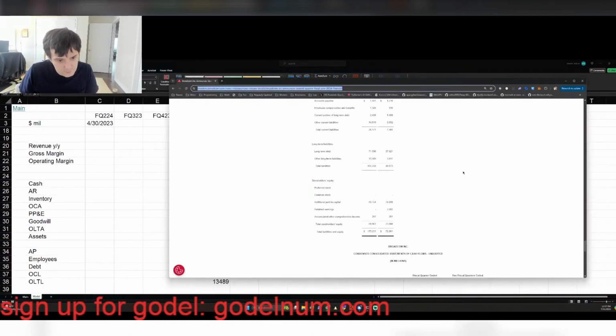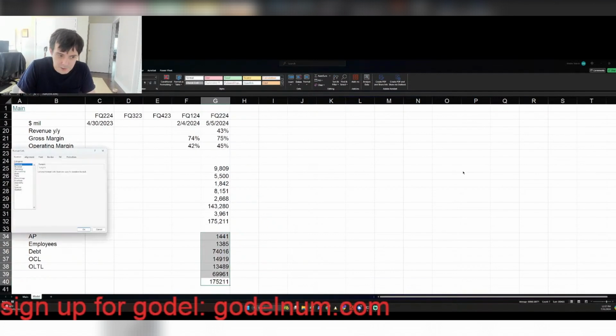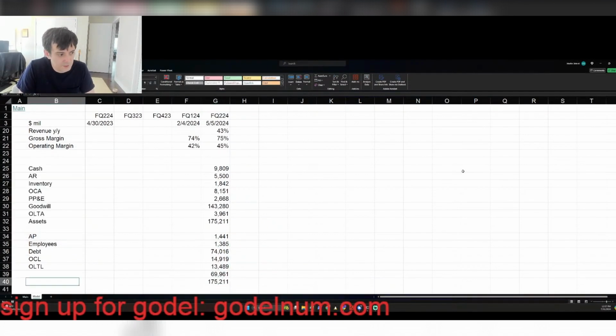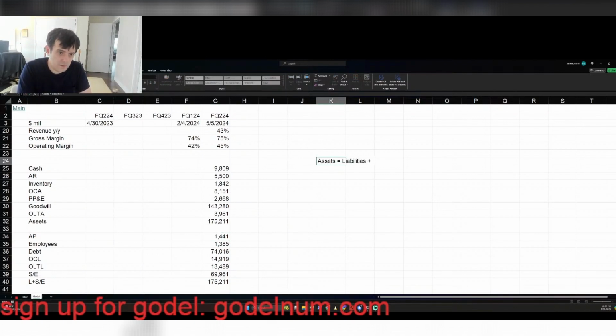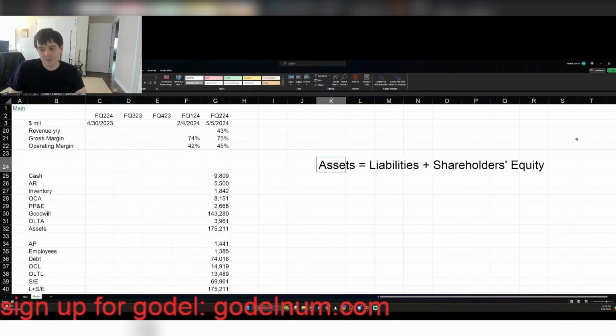Shareholder equity. I kind of gloss over that. It's kind of a complicated idea. But ultimately, the balance sheet has to balance. Liabilities plus shareholder equity have to equal assets. That's the fundamental equation. That's the fundamental equation of finance. There's like fundamental equations in different fields of study. Well, that's the fundamental